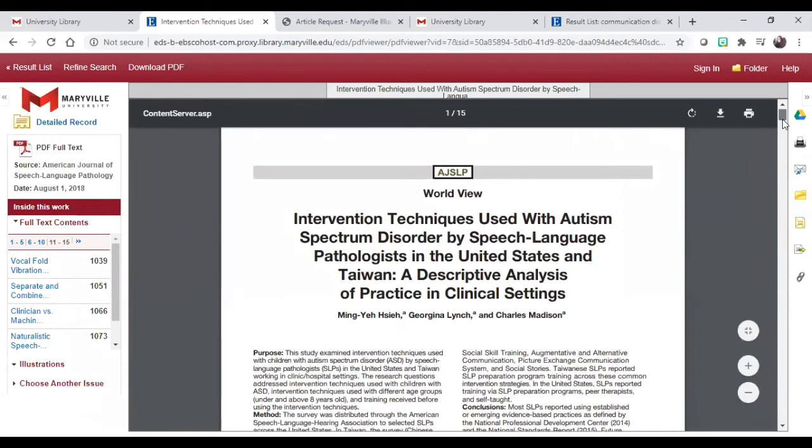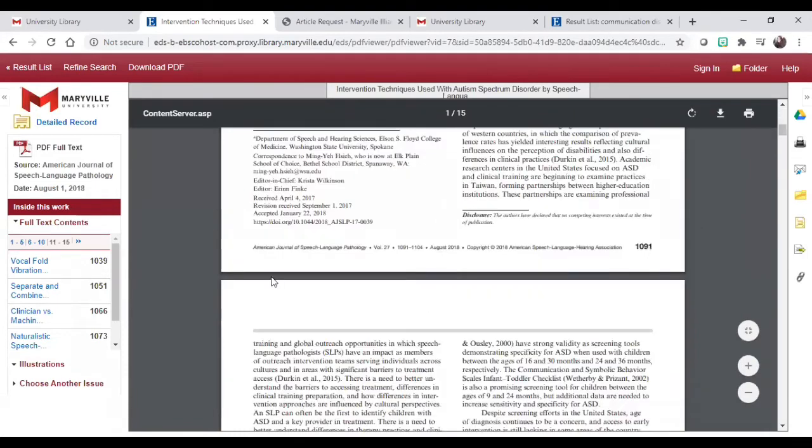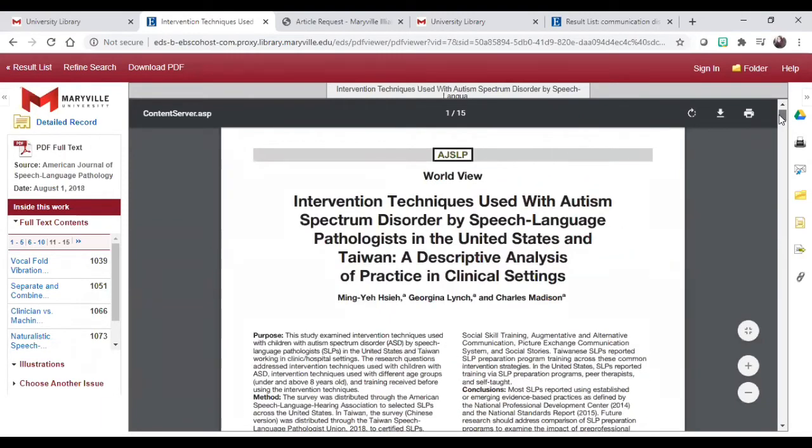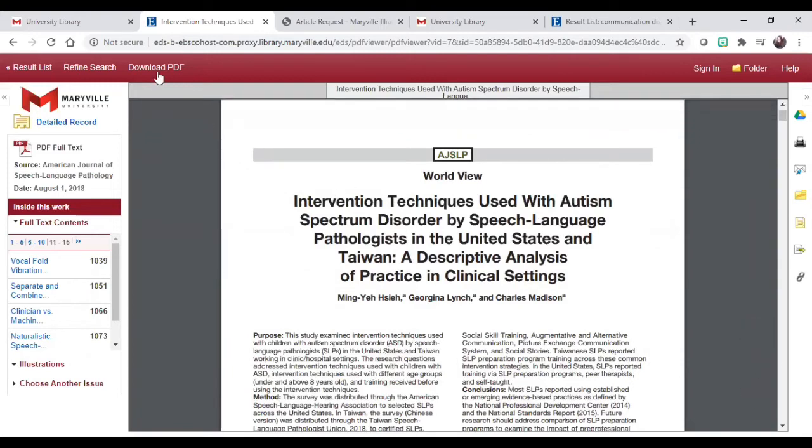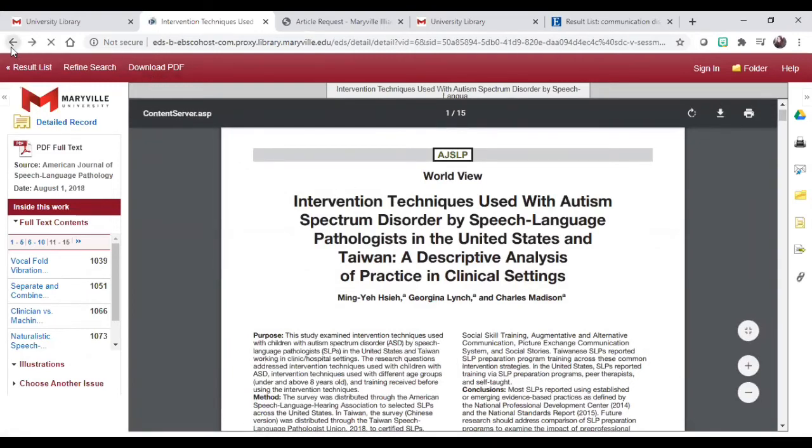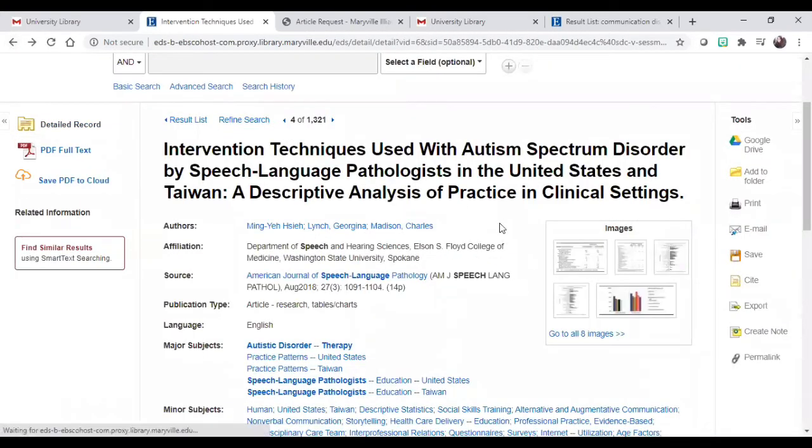So we get the title, we get the authors. Down here, we get all the other information we need to cite. So we'll have the page numbers, August 2018, volume 27. There's the page range there. I know that it comes from American Journal of Speech Language Pathology. So this pretty much puts everything you need in one little package, and then you have the PDF saved to your device. So there are other ways you can save. I believe that's the most foolproof method, but there are some other things we can do.